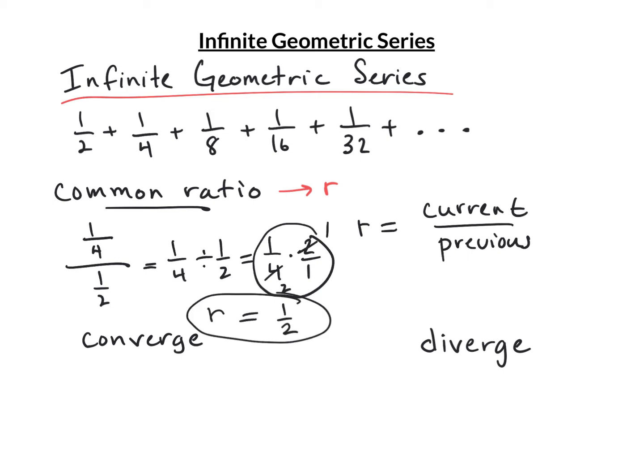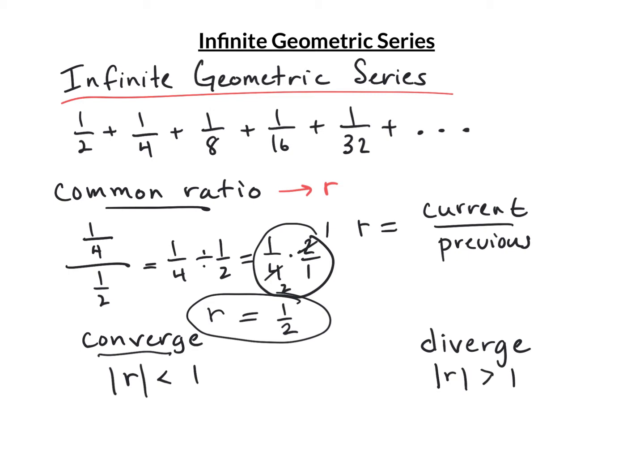The way we tell whether an infinite geometric series converges or approaches some number is if the common ratio is less than 1. It doesn't matter whether the common ratio is negative or positive, so we better say the absolute value of the common ratio. As long as the absolute value of the common ratio is less than 1, then it converges. It approaches a number. If the absolute value of the common ratio is greater than 1,